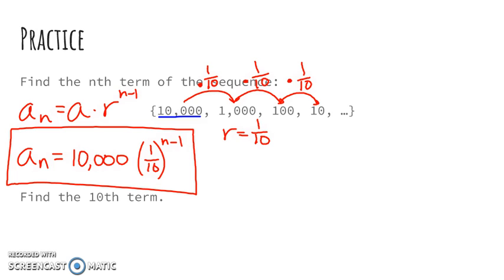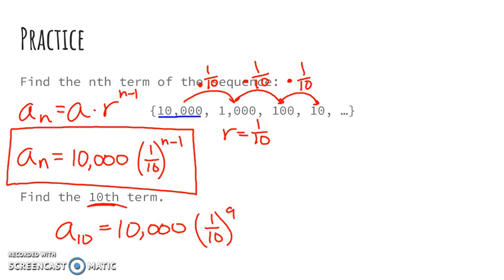Okay? Then again, it asks us to find the 10th term. That means that my n value is 10. So A sub 10, lots of 10s up here, equals 10,000 times 1/10 to the 9th power. I'm going to show that step there. I'm sorry. To the n minus 1, so 10 minus 1 power. So that's really 10,000 times 1/10 to the 9th power. Okay? I'm going to plug in 1/10